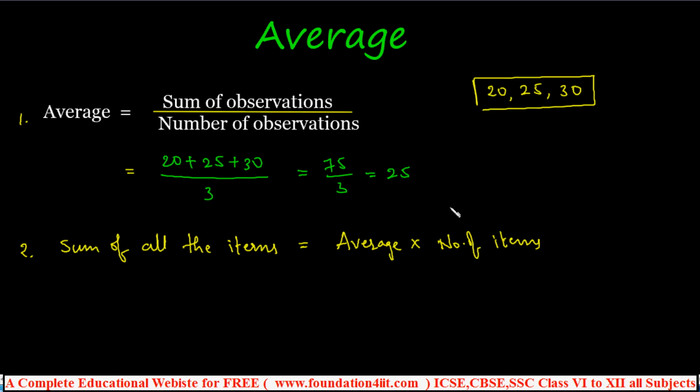Now, when the average is given, for example, one subject's average marks are given and there are a total of 30 students, you can find out the sum of all the marks. Those examples we'll also see. For example, the average is 30 out of 40 marks. The average is 30. There are 40 students. Then 30 into 40 is 4 into 3 is 12, so 1200 is the total marks of all the 40 students. In that way we can see this. I'll also show other examples, how example questions will come from the exam point of view. I'll show you now. These are the basic things we know.